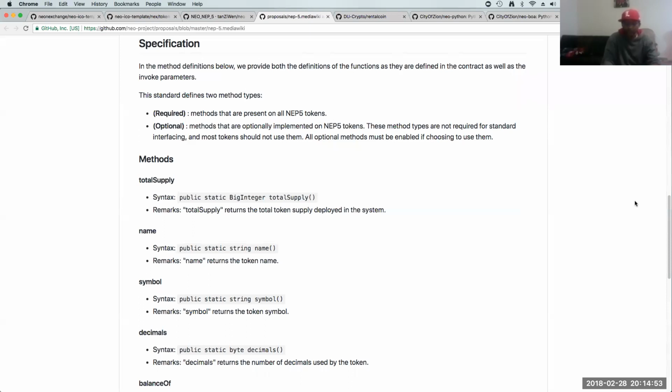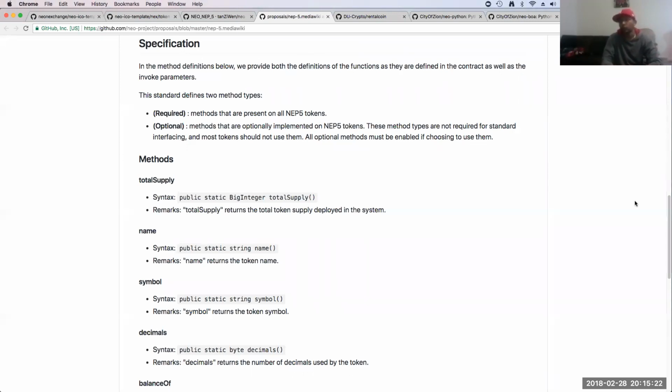So basically, here's how the flow is going to go. We're going to write the contract. It's going to have a main function. It's going to take an operation and the arguments array. We're going to check through the operation argument and see what the operation is. Depending on what the operation is, we're going to call a specific method and pass in the arguments. And that's essentially it. And then this is basically going to be part 1.